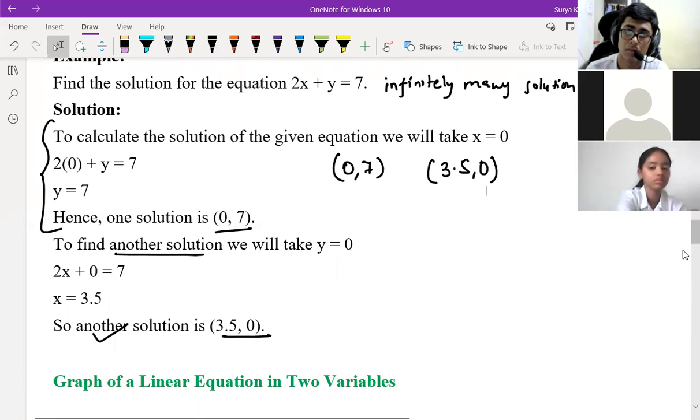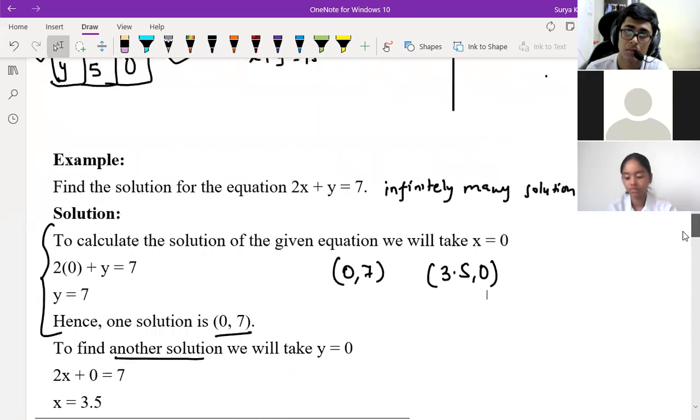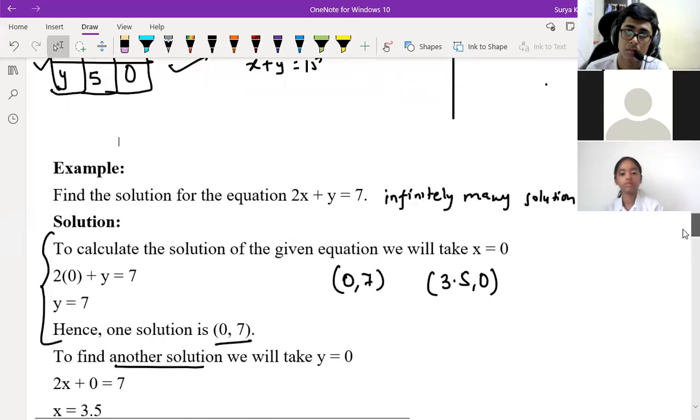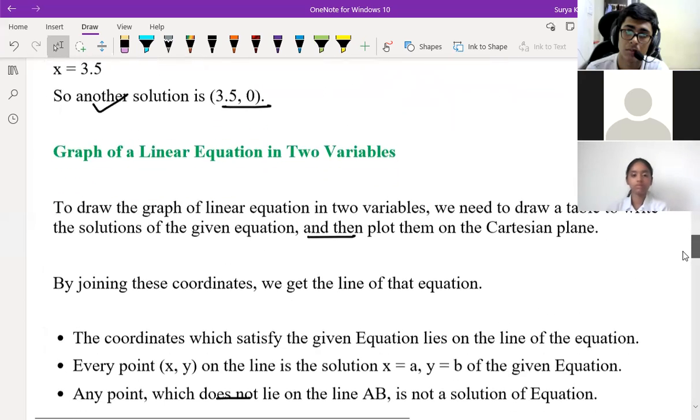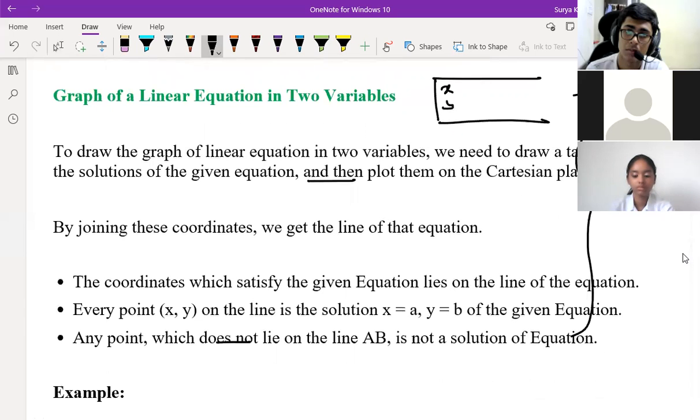Sir, so coordinate geometry and linear equations in two variables are related. Yeah, there is a relation. Now the next part is the graph of a linear equation in two variables. Children, no need to see anything other than what I told you about how to draw the graphs. That is more than enough. I told you x and y. You put x is equal to 0. What are you getting for y? You put y is equal to 0. What are you getting for x? That's it. Sir, I have doubts, sir.